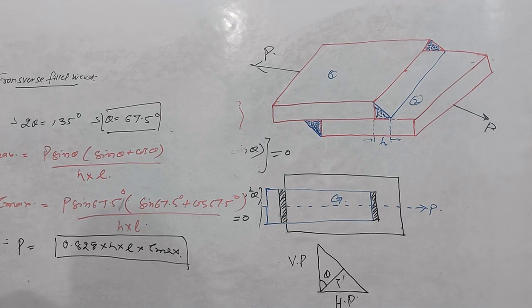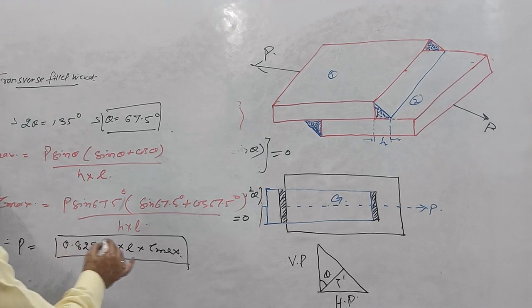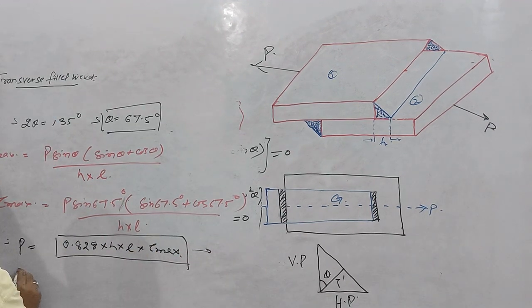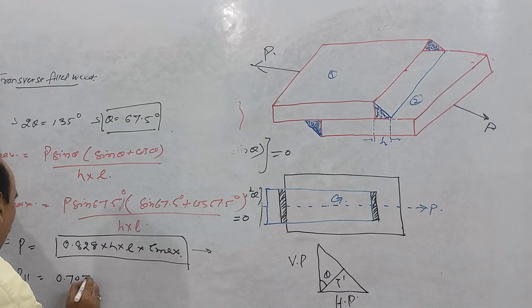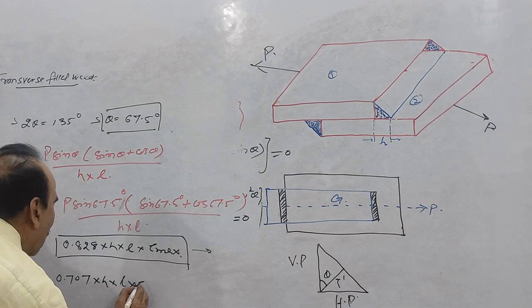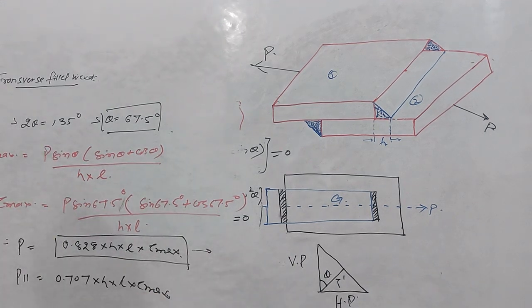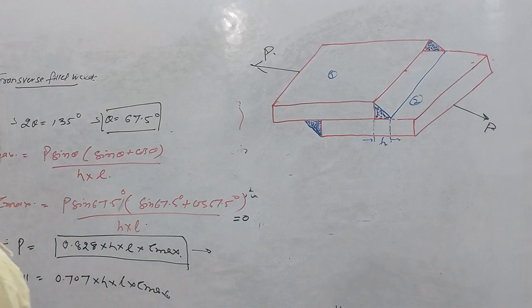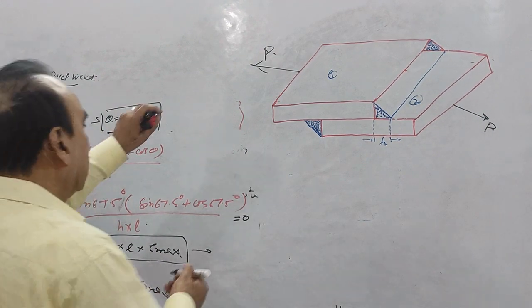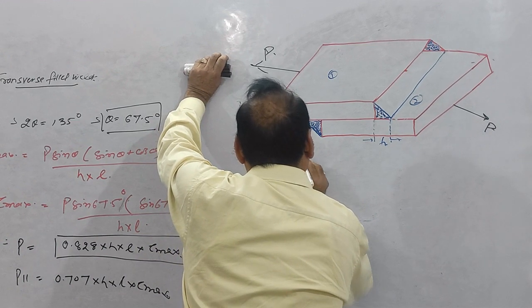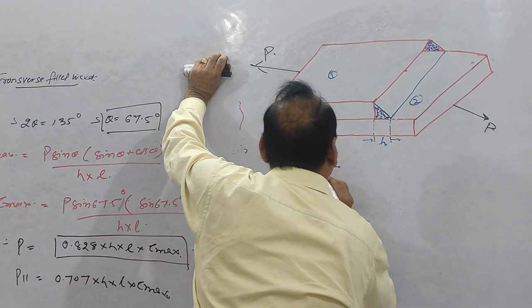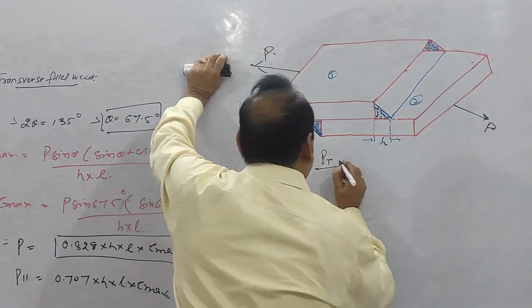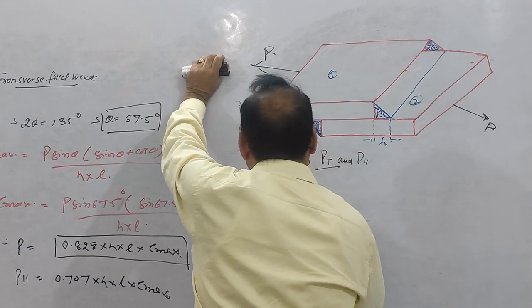बट हियर वी हैव टेकन लॉट ऑफ अजम्पशंस। और अगर मैं, ये आपका आ गया सपोज P ट्रांसवर्स जॉइंट, जो P आपका पैरेलल था वो वैल्यू थी 0.707 h इंटू एल इंटू टाउ मैक्स, राइट। तो अगर मैं इनकी रेशो लेता हूं, रेशो ऑफ P ट्रांसवर्स डिवाइडेड बाई P पैरेलल, तो ये क्या आएगा